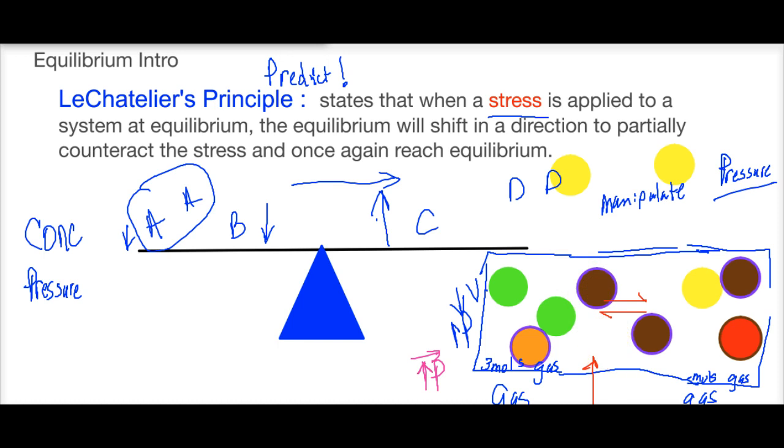So adding an inert gas has no effect on the equilibrium position of a gaseous system. I'm writing in a place that you can't even see. Oh my goodness, I'm sorry. That's an inert gas. And inert gases have no effect